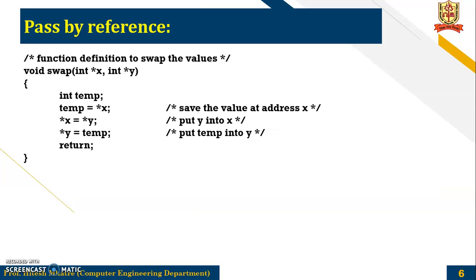So we'll see here the definition of pass by reference. See, instead of simple variable x and y, I'm using here the star to indicate my pointer. So star x and star y. So this indicates that these are pointers to the variables that are passed to this function. Rest of the function is same. Here we can see the values at that particular address are being changed. So the address remains the same and the values that you are passing get changed. So even if you don't return that value, the value at that address has been changed.